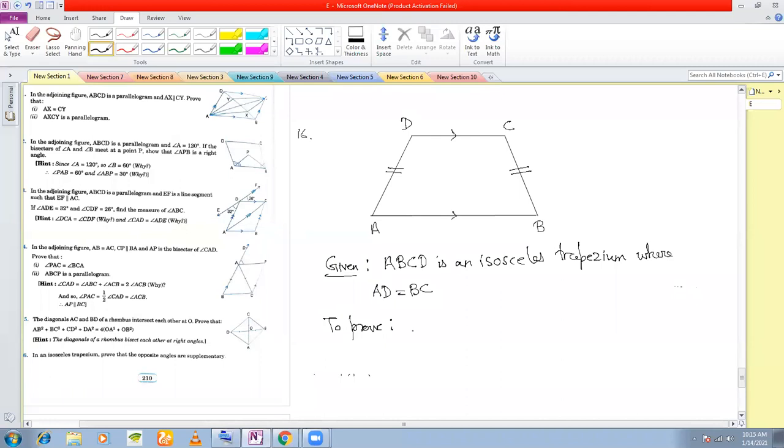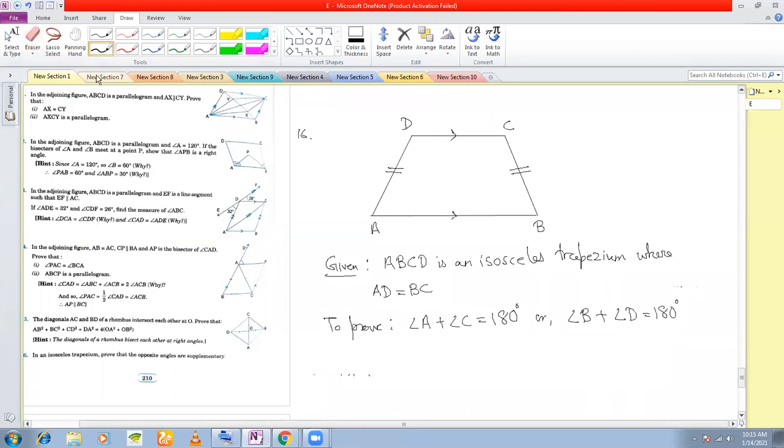You have to prove that opposite angles are supplementary. That means you have to prove that angle A plus angle C is equal to 180 degree, or you can prove that angle B plus angle D is equal to 180 degree. Either of these two you need to show. That means the opposite angles are supplementary, because once you show this, then you can say the other also,